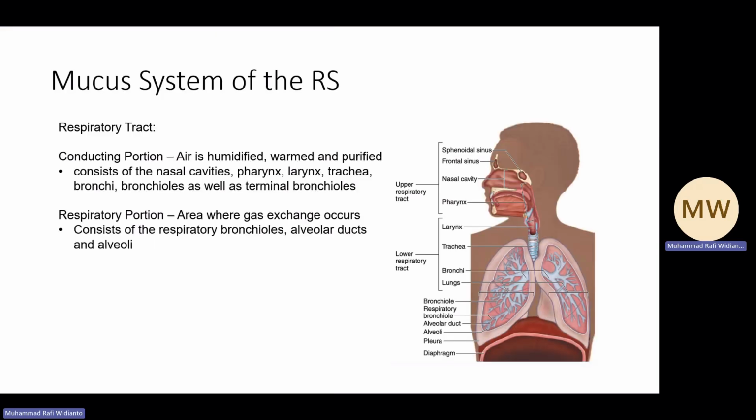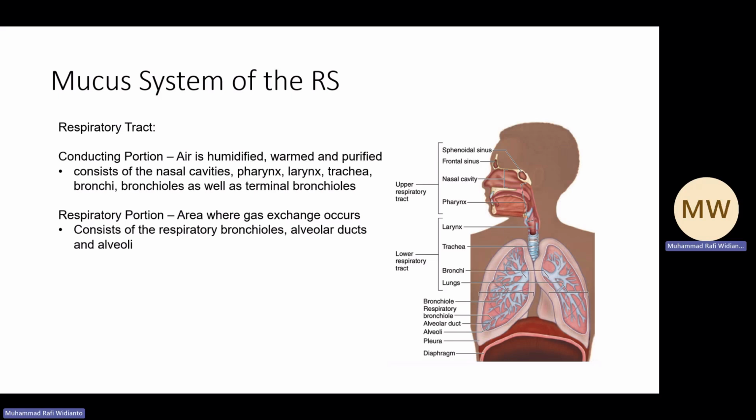So, the respiratory system is split into two parts, the conducting part and the respiratory part. The conducting part is basically where air is conducted, it's in its name. Air is humidified, warmed, and purified. When air is warmed, it opts for optimal gas exchange. And logically, warmer air keeps moisture in the respiratory ways, and this basically prevents the lungs from